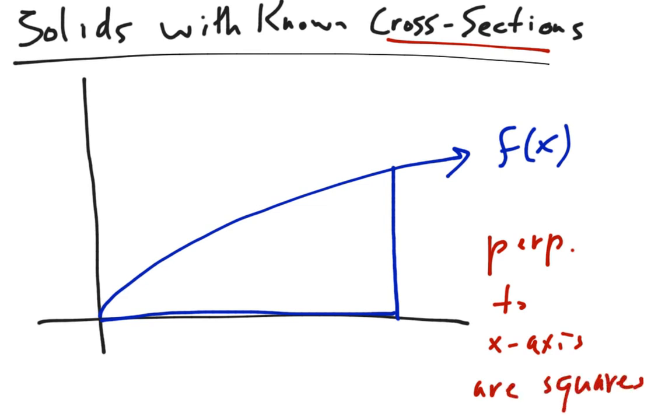And so what that means is that at this point here, if we were to cut off this point, we would get a square. Obviously there's no height here, so we can't get a square. Let's pick somewhere in the middle. So if we were to pick here, we would cut it sort of vertically like this, and the cross-section of the solid would be a square. So if you can kind of imagine this popping out of the page, you'd get a square shape like that. If you were to cut it here, you would get a square shape like this, and notice that the square is smaller because the initial length in the